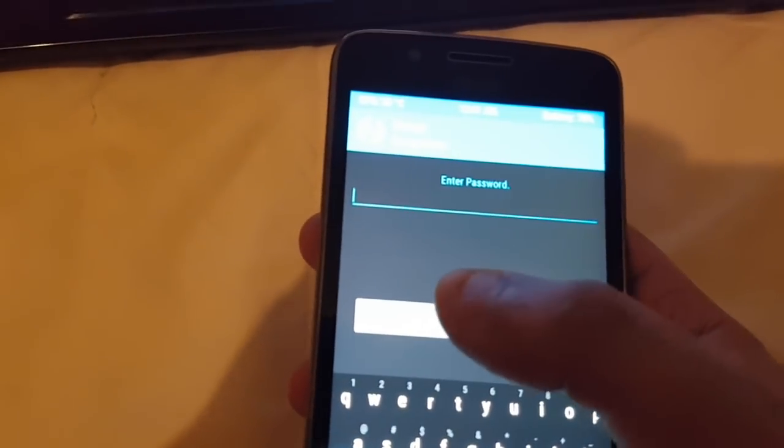Okay, here it's going to ask for a password, just select cancel, then swipe across, and then select wipe, and just do a factory reset, then select back again, then select install,